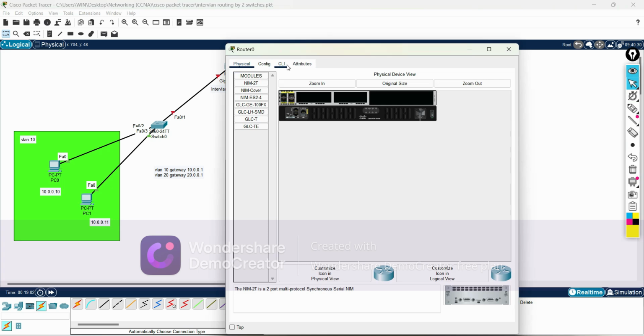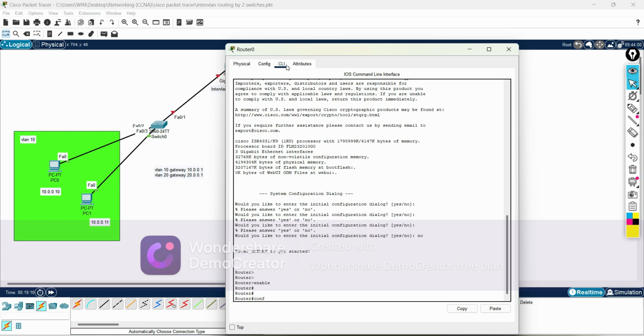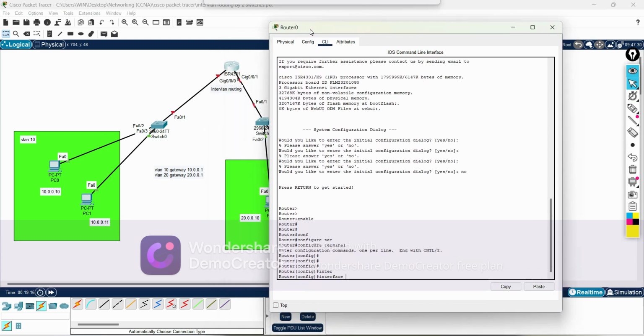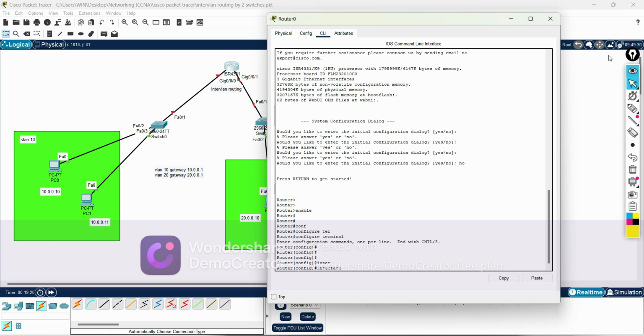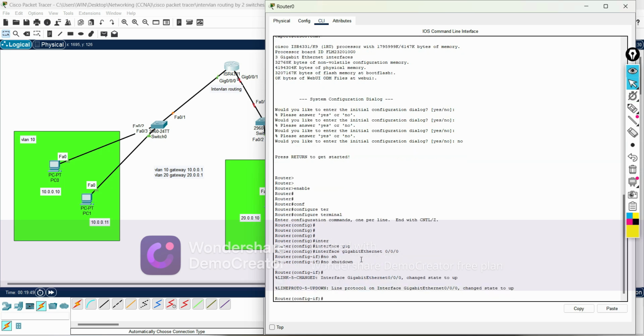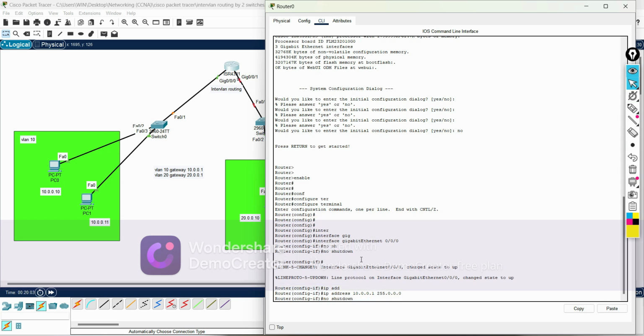We'll get into router CLI. Say no. Enable, config T, interface gigabit Ethernet 0/0/0, no shutdown, IP address 10.0.0.1 with subnet mask 255.0.0.0. Okay, next,